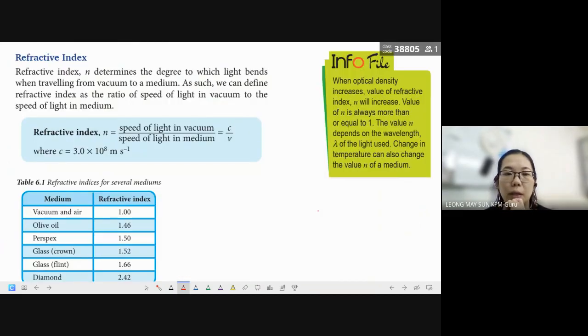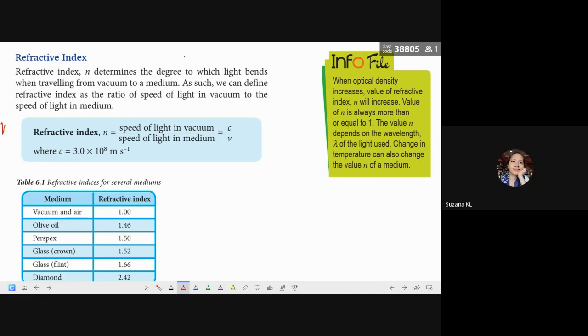Now, we're going to learn about the constant. Wait, Chung Wei. What's the difference between optical density and light density? Optical density is light density. The difference is between optical density and normal density, the normal physical density. Previously, when we talked about the law of refraction,